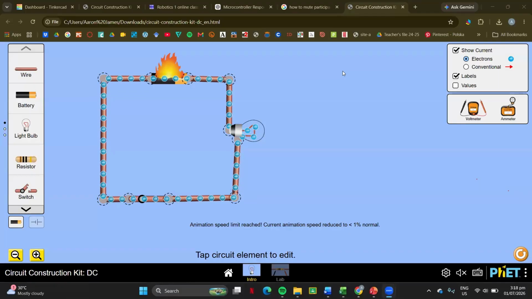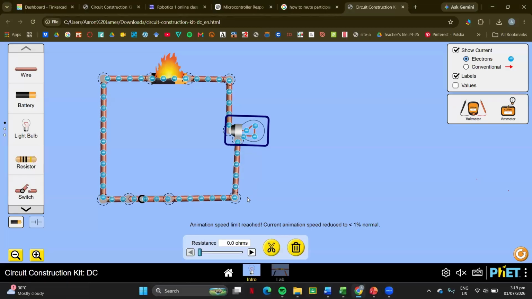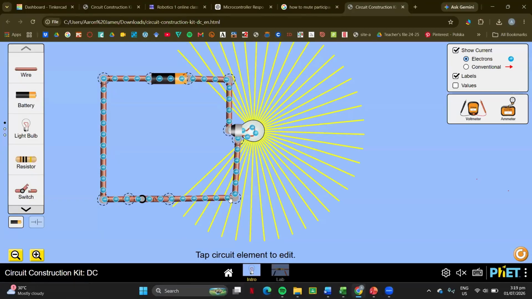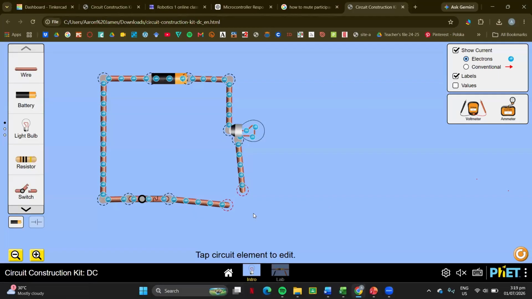Okay, so nothing is limiting the flow of my current, right? So this might produce some sort of overheating, right? And it's a fire hazard. So it's very important that my devices have internal resistances. But actually, there's a particular device that you can add to your circuit that does that job.